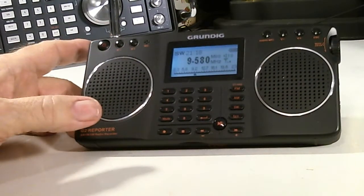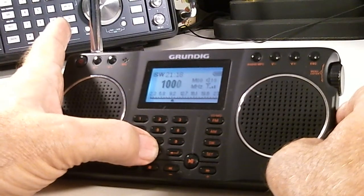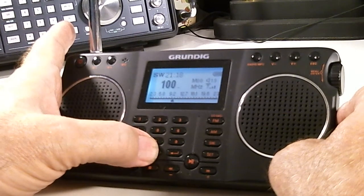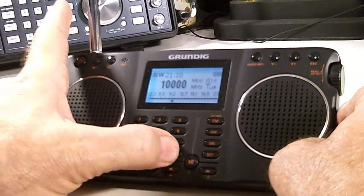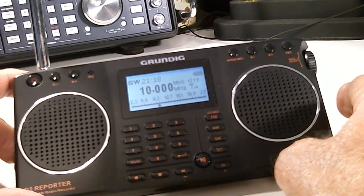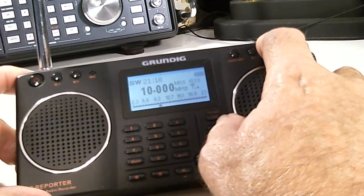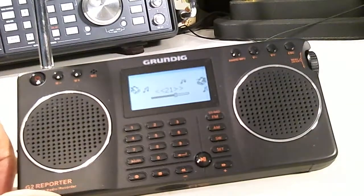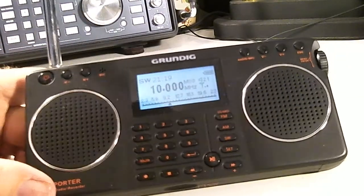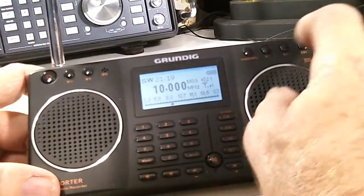Let's try WWV at 10 megahertz. That'll help if I knew how to type it in. Too many zeros. Okay, there's WWV at 10 megahertz. Not as noisy background noise, but I don't hear anything. Listening real hard. Don't hear anything. Okay. Well,